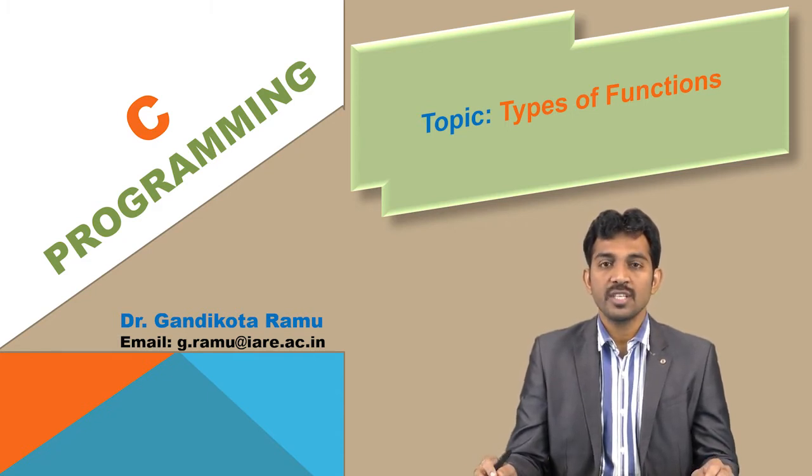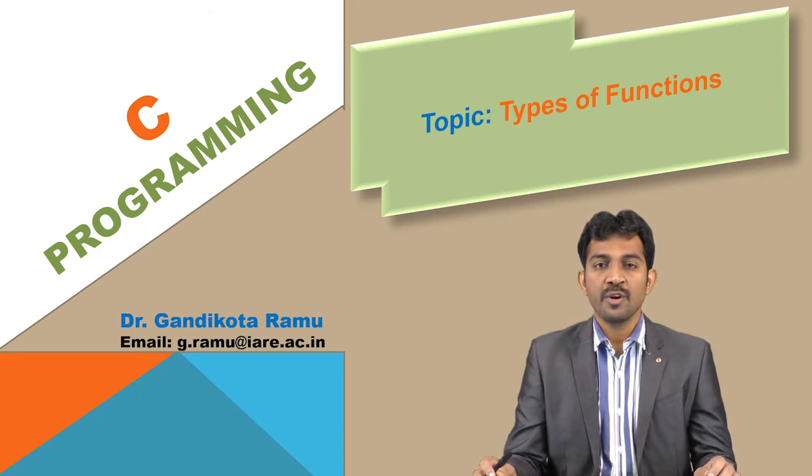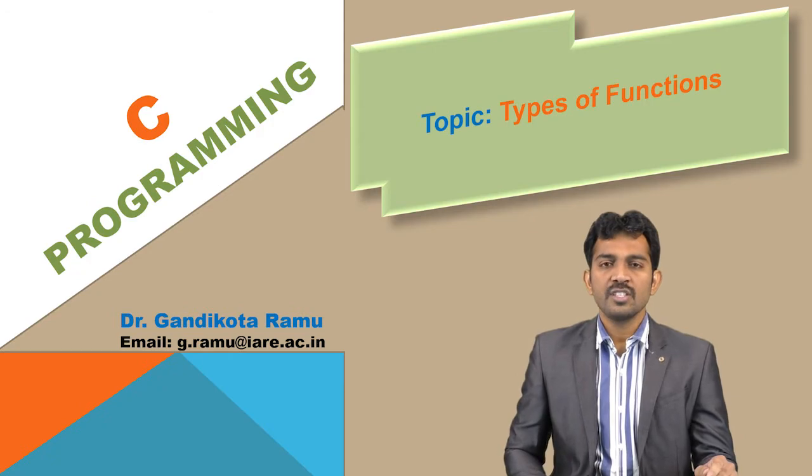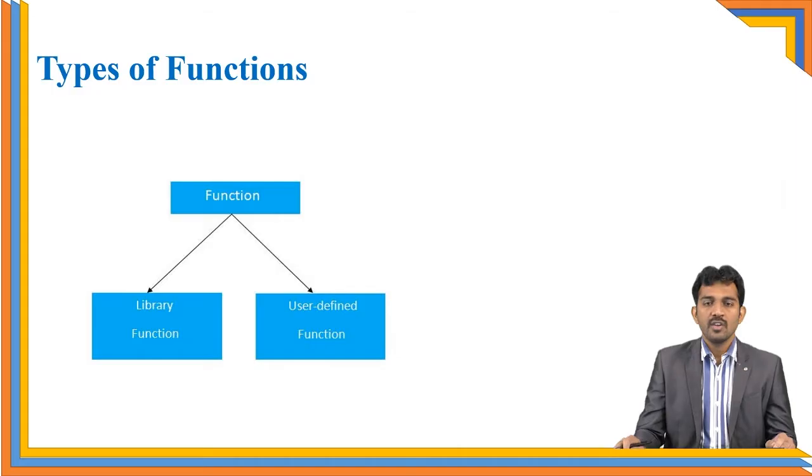In last class, we have seen functions. In this class, we are going to discuss various kinds of functions. Broadly, functions are divided into two types. The first one is library functions and the second is user-defined functions. Already you have seen string length, string concatenation, string copy; all are library functions, predefined functions. User-defined functions: in the last class we have seen addition is a user-defined function. Maximum is a user-defined function. These are the two kinds of functions.